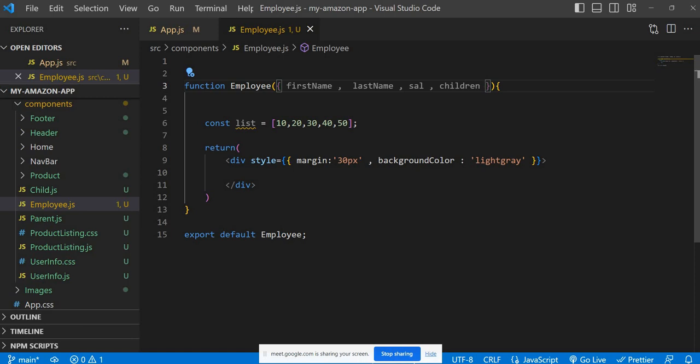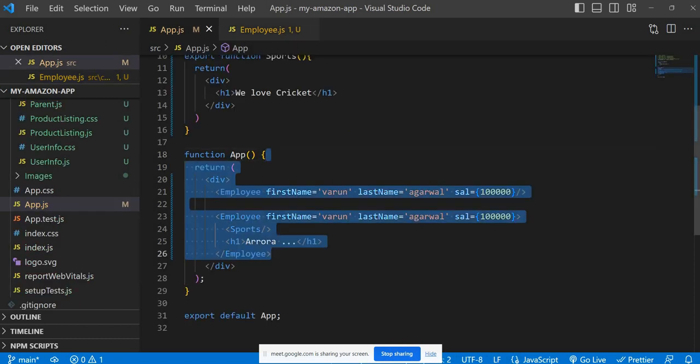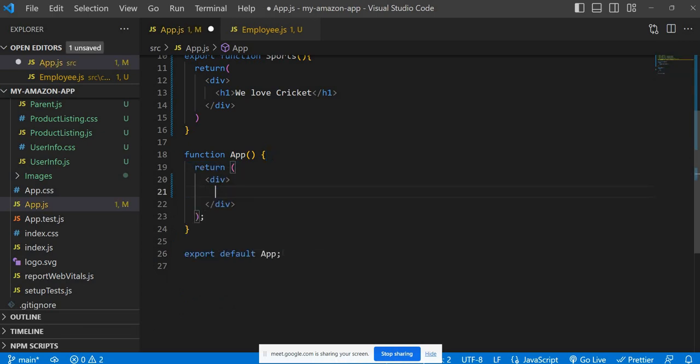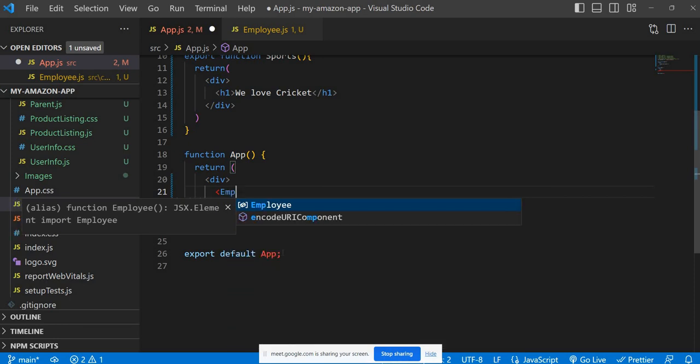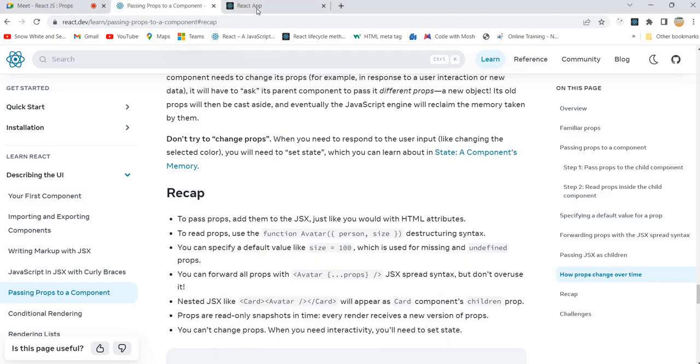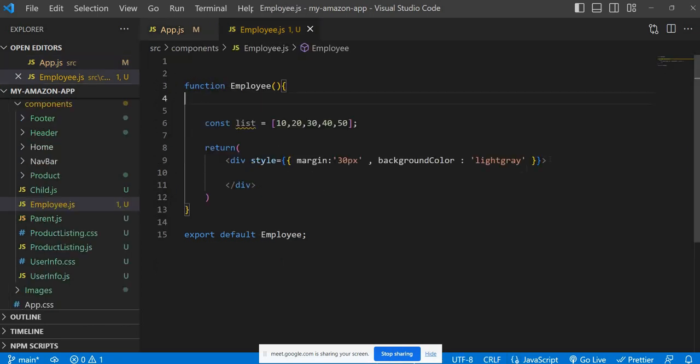One minute. I'll just remove these things to avoid confusion. I will place only a simple component here, Employee, that is enough. So just see the result in the output. Okay, nothing is there. Fantastic. So just go to the Employee component and you can display